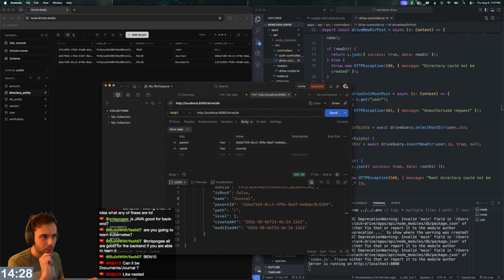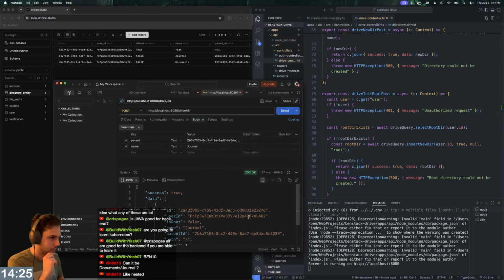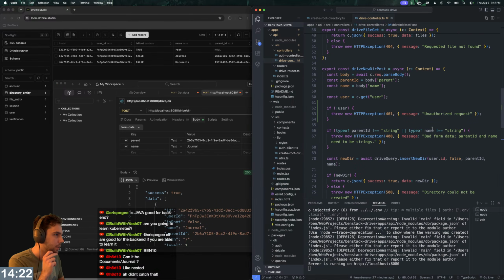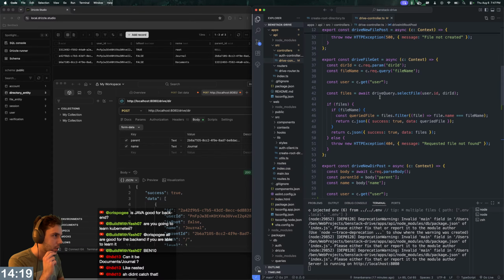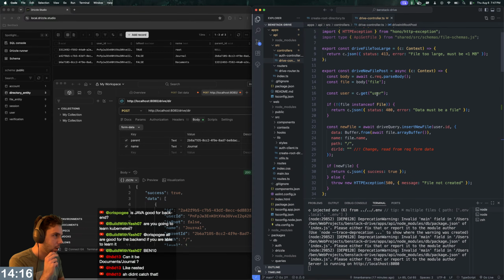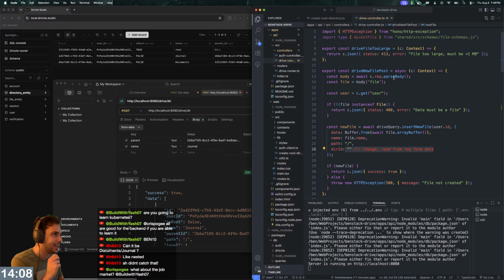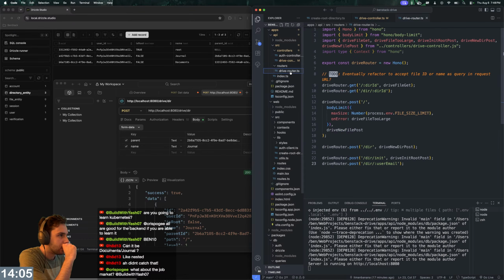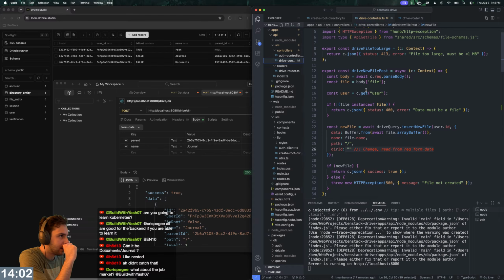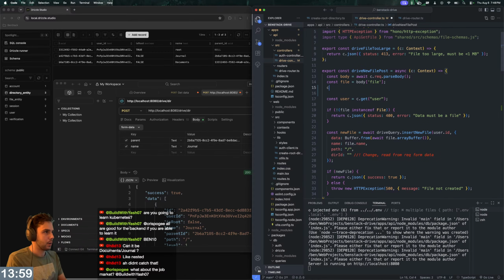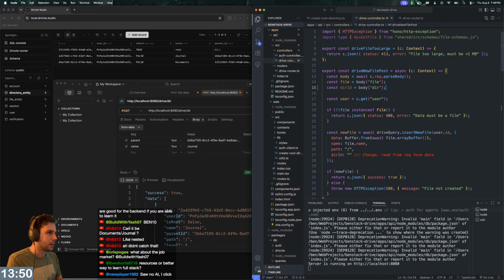Now the other thing that we need to do is we need to test uploading files. So let's test uploading files into different directories. So drive file, new file post. Now this, we're going to need to read from the data. So we need to actually update this. So inside of this, we need to get our const directory ID is body dir ID, or just directory, I should say. And then now we're going to say,